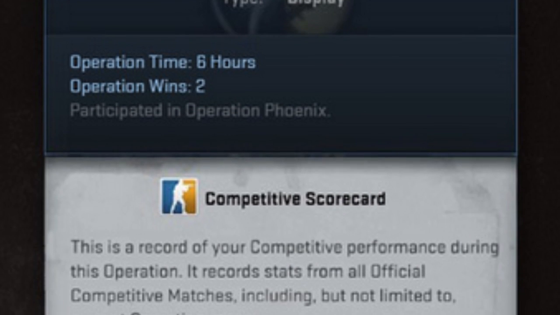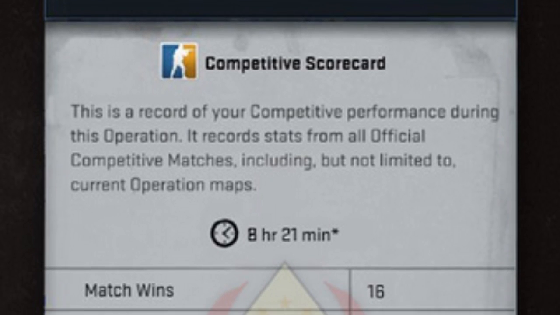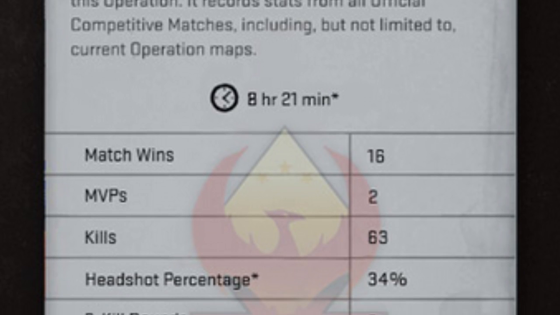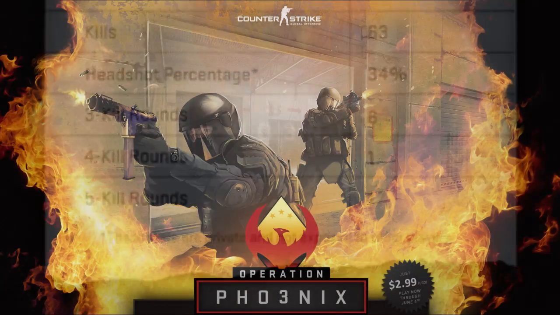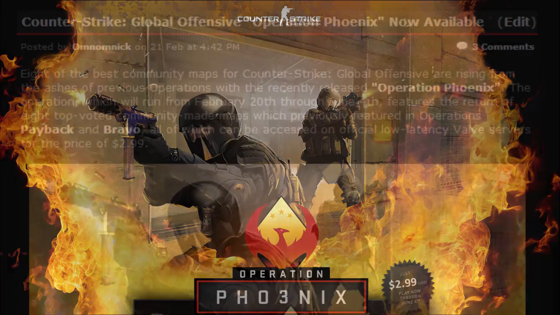This time, however, the coin also doubles up as a competitive stat tracker, racking up how many kills, wins, headshots, and MVP awards the player achieves while playing competitive matches on both official Valve maps and the returning community levels included within Operation Phoenix. For more information about this new CSGO operation, be sure to check out our write-up on